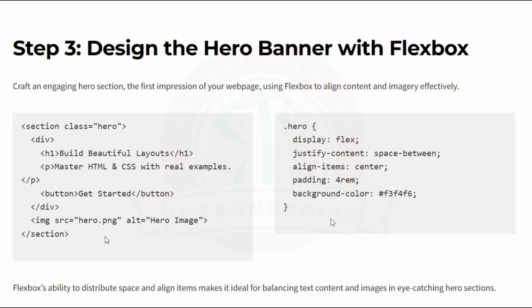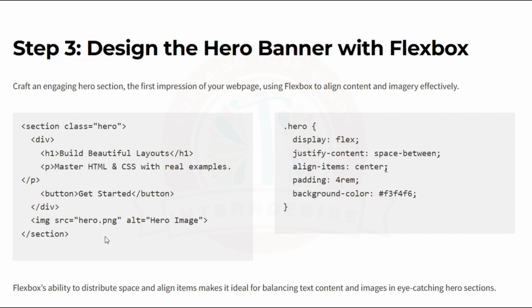Let's move to step 3, that is design the hero banner with Flexbox. We will craft an engaging hero section, the first impression of the web page. Using Flexbox, we will align content and image effectively. Section class hero, div, h1 with any heading, and you can write a paragraph, for example master HTML and CSS, or a button with get started. An image will be there, image src, it can be any image. Then we will design CSS to give a